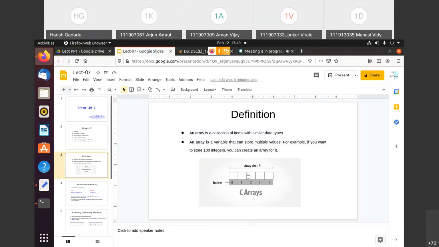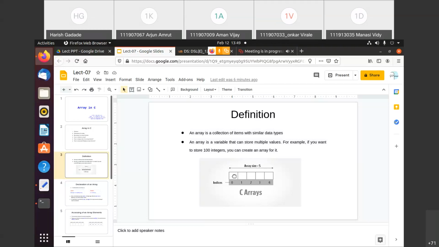And here also each block has some kind of address, but whenever we work with the array, the main address is the starting address, the address of the first block. That is the most important, because once we get that starting address, we can find the address of any element, since all are in consecutive order. Whatever the address of this first block is, that address is called the base address. Once we get that base address, we can find the address of any element. So this is the definition and some introduction about the array.